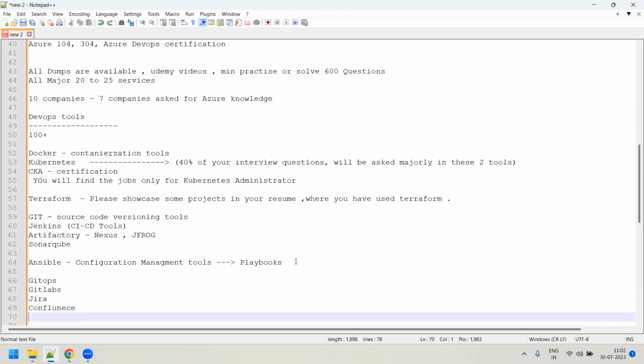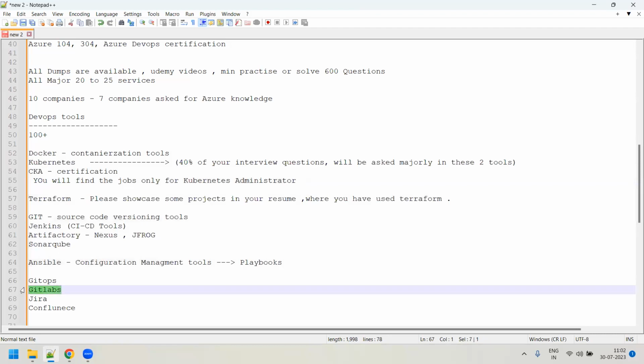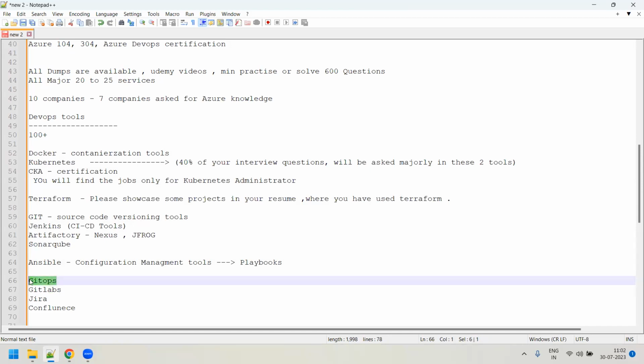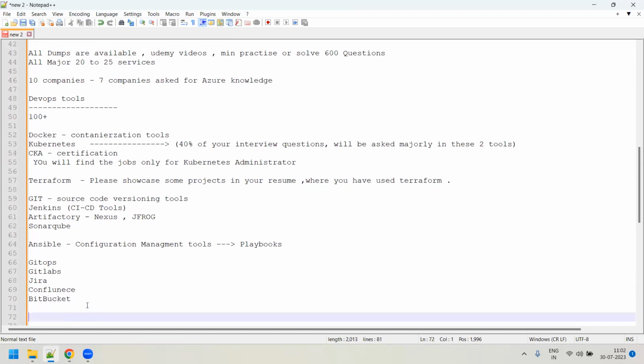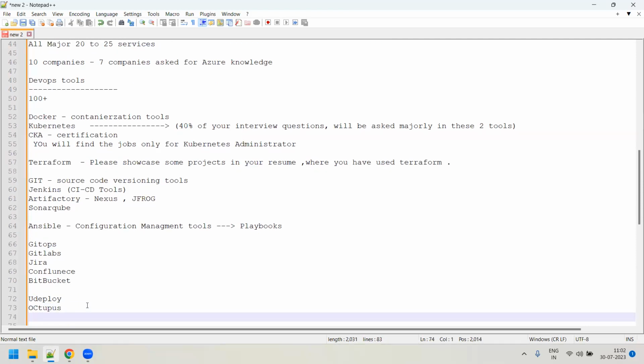So I'm not saying that you shouldn't learn them actually. First be good in these tools, guys. Whenever you have time, you can start learning GitLab also. Fundamentals, not like 100%, just 20 to 25%. That's all. I'm not saying that you have to study 100%. No, at least the basic working, how things work in these tools, right? Or, like, you have knowledge of Bitbucket, right? There are many tools like that. Some companies might use uDeploy or Octopus Deploy tool like that. Many tools are there. You can't learn everything. That's what I'm saying.